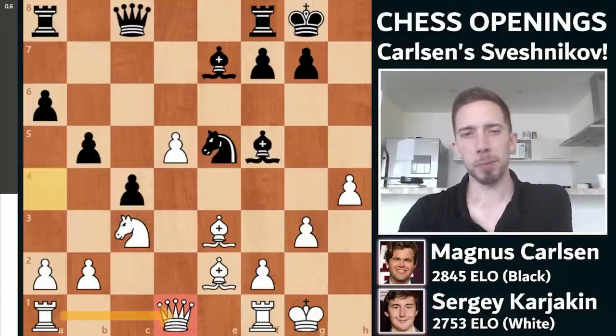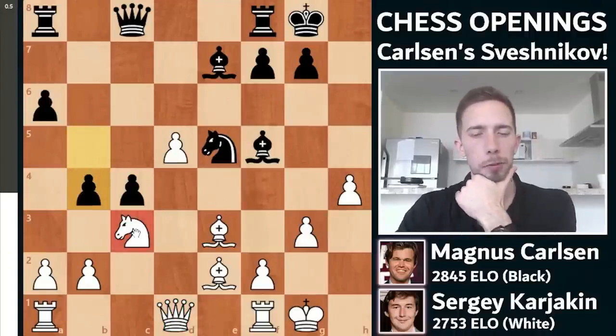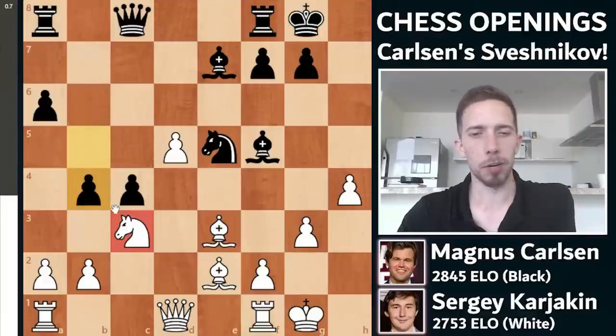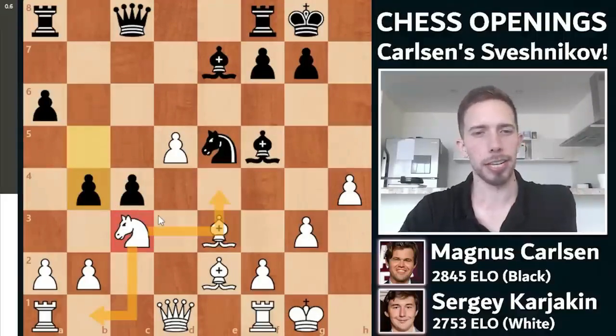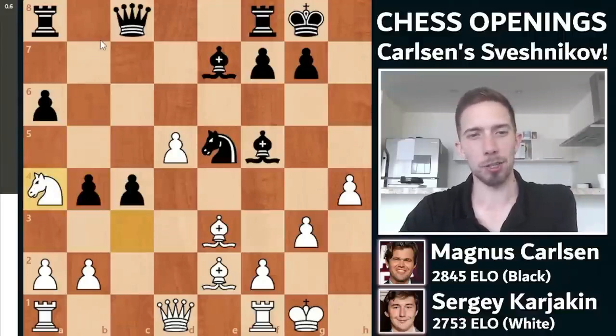Now here, Magnus expands on the queenside with the move b4, dislodging the knight from the c3 square. Again, this is slightly committal. Those pawns could be weak on the queenside. However, for now, they're perfectly fine. White does not have a good way to put pressure on them. So now, where's the knight going to go? Obviously, going back to the b1 square is not a good option. e4 is guarded. Therefore, the only really viable square is a4,